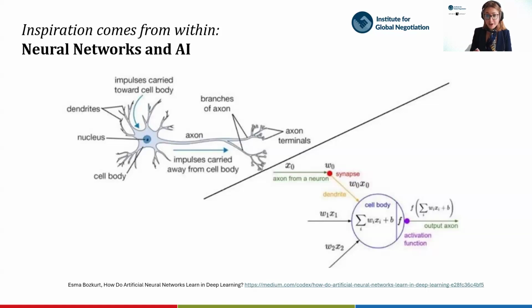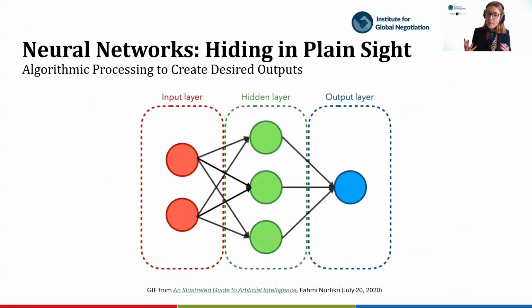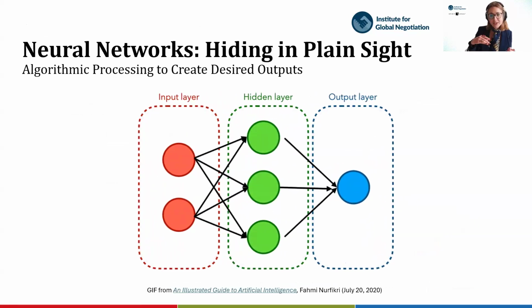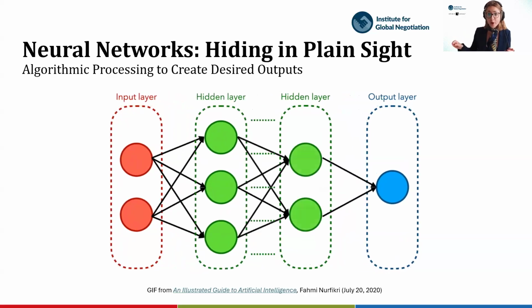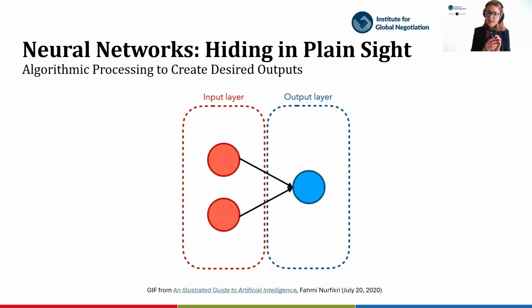Problem with artificial neurons, our brain neurons as well, is that a single neuron is not really smart. It can either tell you a yes or a no. It cannot tell you any probability. It can just be a 1 or a 0. That's why scientists at some point decided to connect multiple neurons into neural networks. And not only that, but also stack those networks on top of each other. And the more of these layers that we have, the more complex things we can solve. Why? Because we have more of these yes, no, 1, 0, 1, 0. And at the end, we have something which is a much smarter, more thought through result than what we had initially with just a single yes or a no.